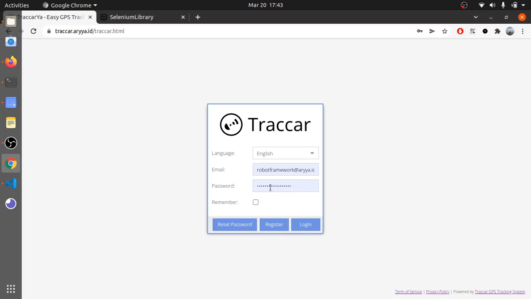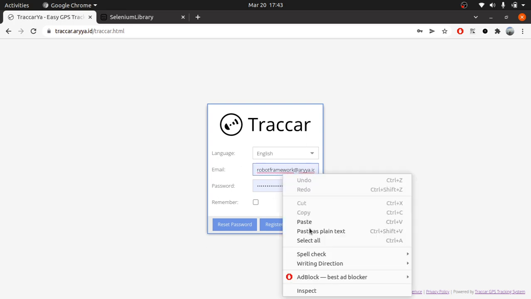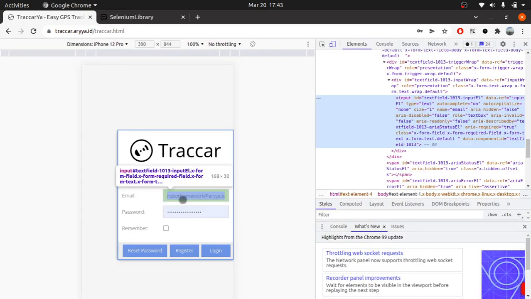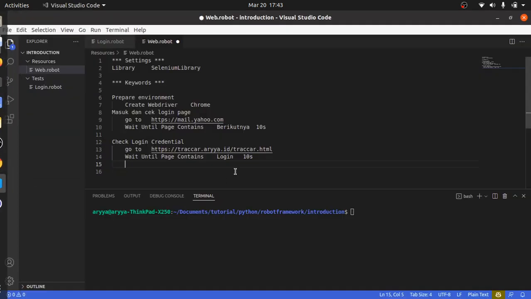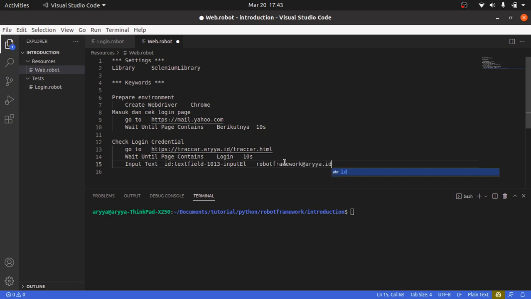And then we need to do the input for the email. We can check what the ID is. Okay, the ID is something like this. Then we add Input Text with the ID, because we use the ID for the locator, and the value is the username, robotframework at aria.id.